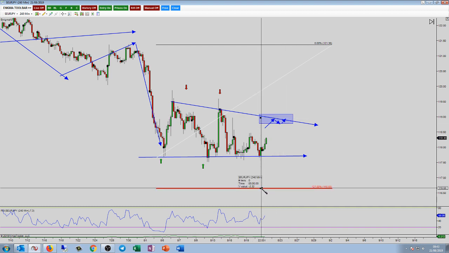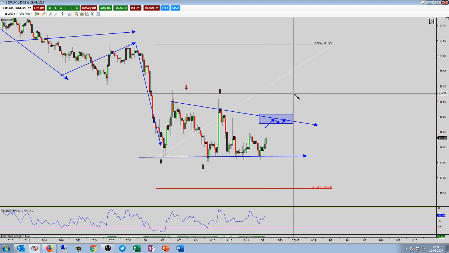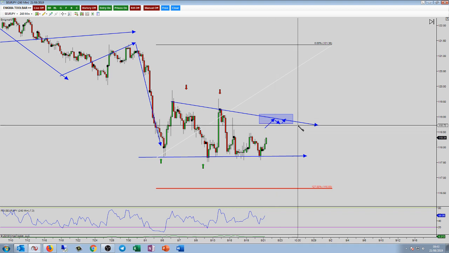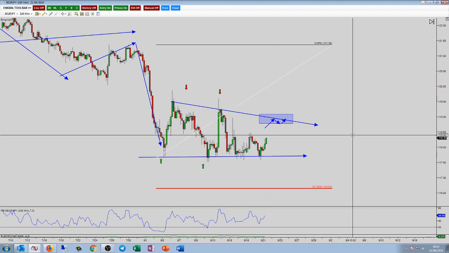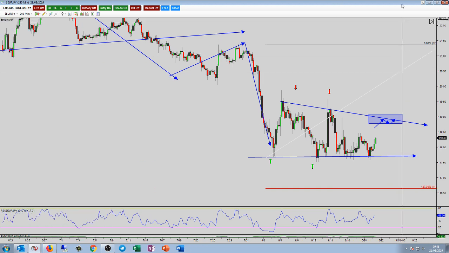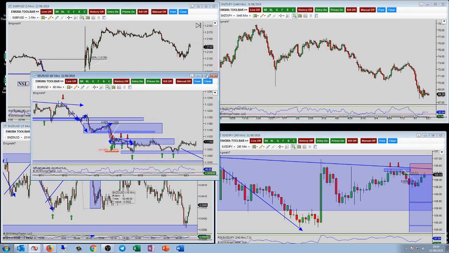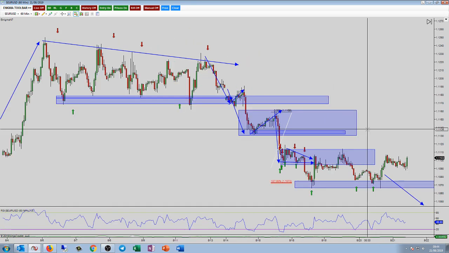You could have something like 230-ish pips of reward, and we could see a double top or a rotation pattern up here, so pay close attention to that. Other than that, there's no point me even going to the lower time frame on the euro yen. I will move that out the way. Okay, not worth doing the euro New Zealand, not worth doing the euro dollar. Oh, actually no, Stuart wants to take a look at the euro dollar. Okay, euro dollar